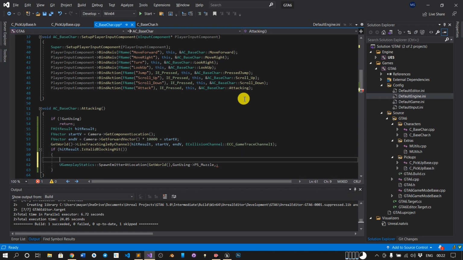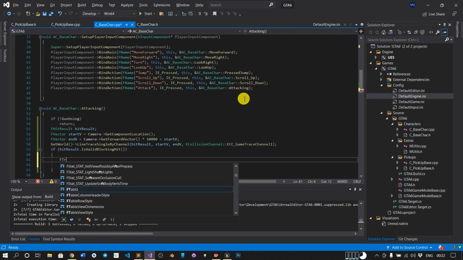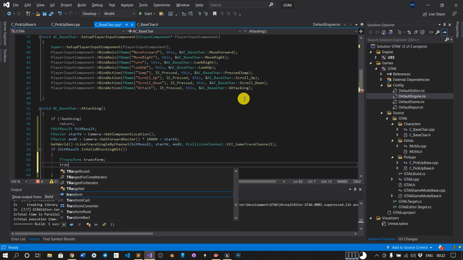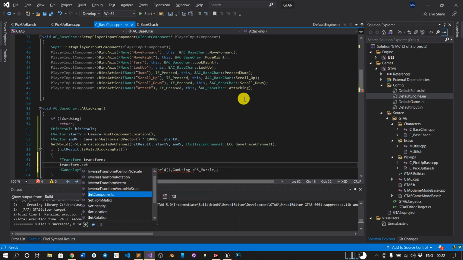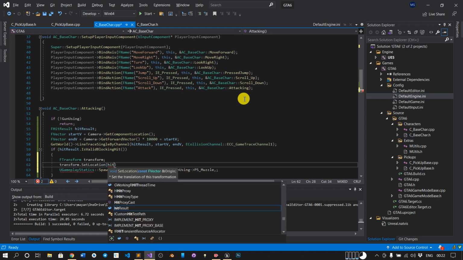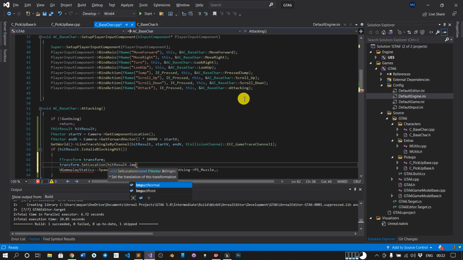Okay, so for the transform what we will do, FTransform, so transform dot SetLocation. We want the hit result impact, so HitResult dot ImpactPoint.